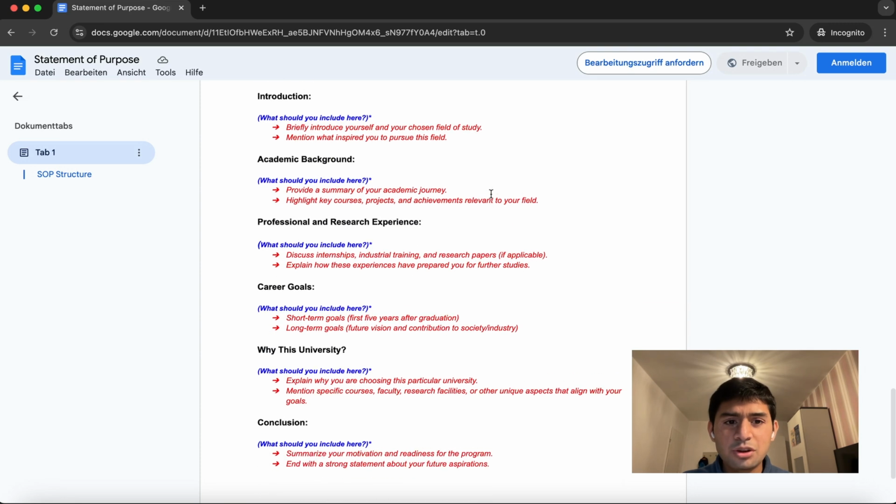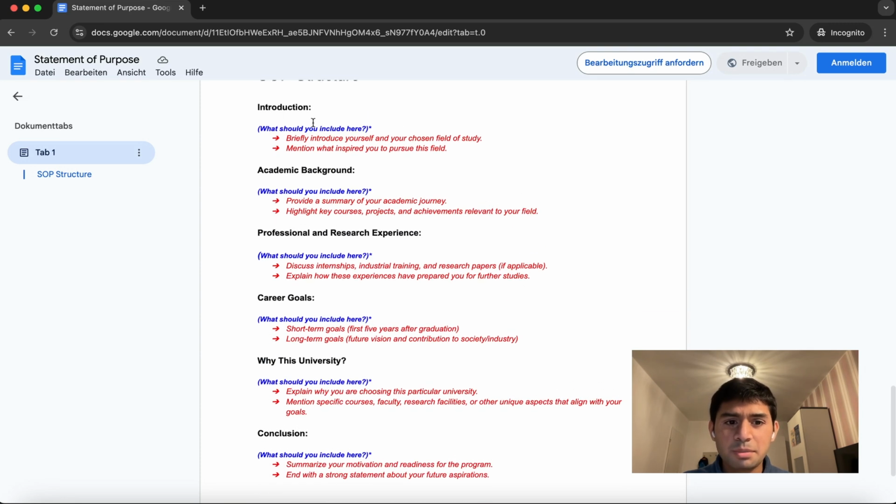So if you scroll down, you will see the introduction part as well as academic background and all the headings. That is basically your logical flow and the structure that your SOP will have once you finish it. For your reference, I have also highlighted such statements in the blue color, which will help you to put all your content